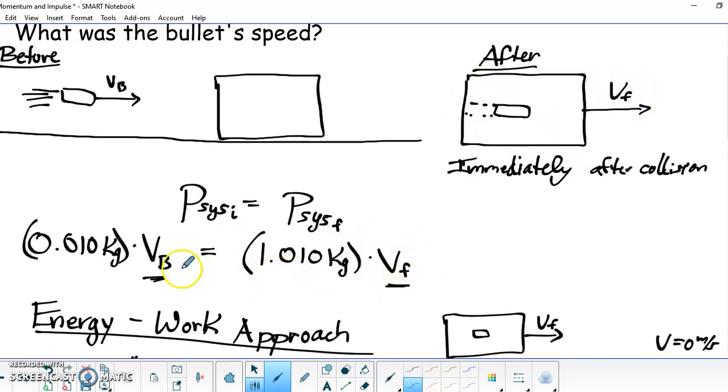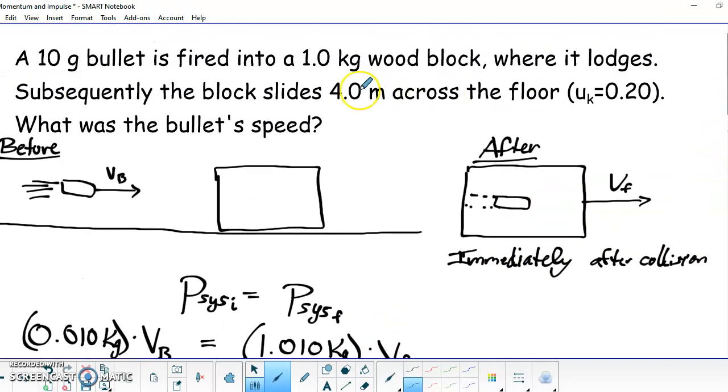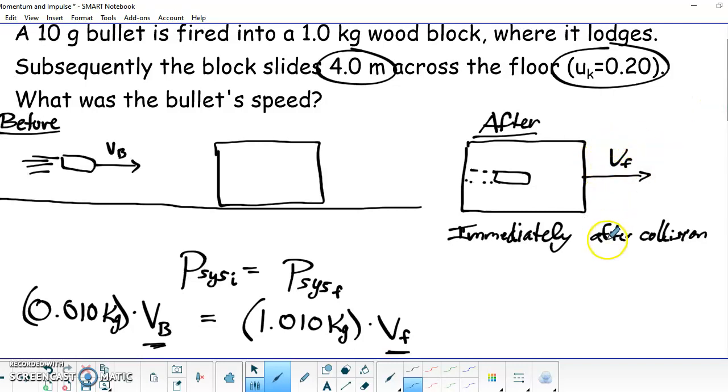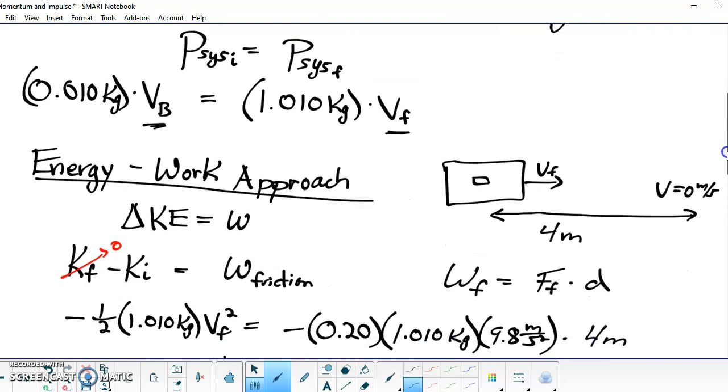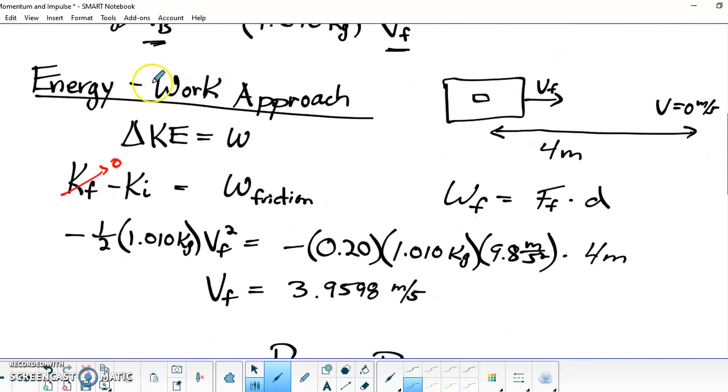final velocity. Well, we don't know the velocity of the bullet, and we don't know the velocity of the block bullet system after the collision. But we can use this extra information, the 4 meters and our kinetic coefficient of friction, to calculate what this final velocity needed to be in order to travel 4 meters across the floor. And there's two ways to do that. You could do a work energy approach, where you're changing kinetic energy for the block has to be equal to